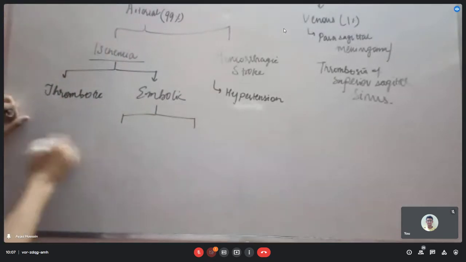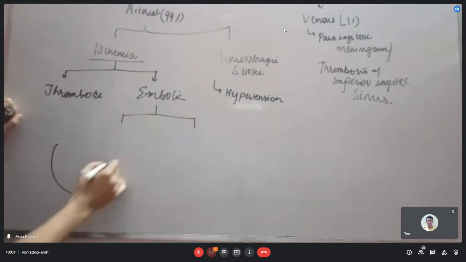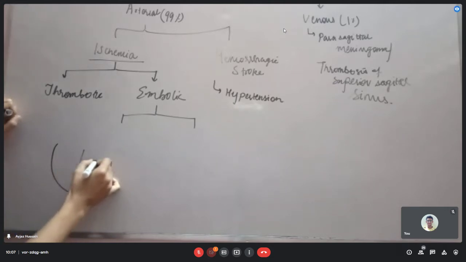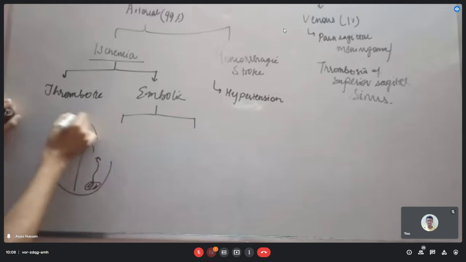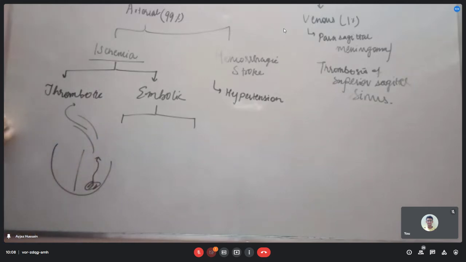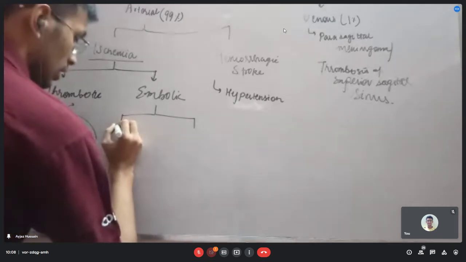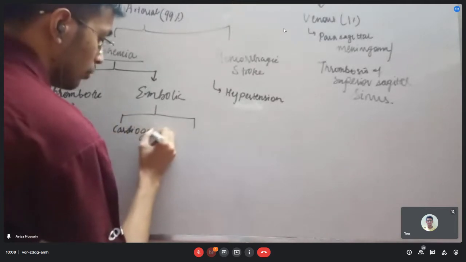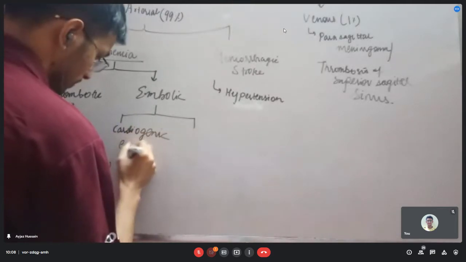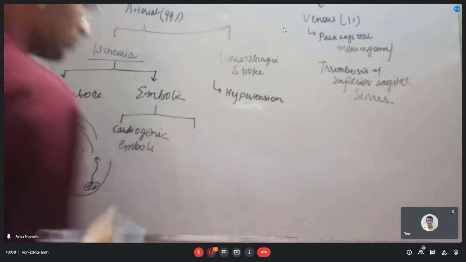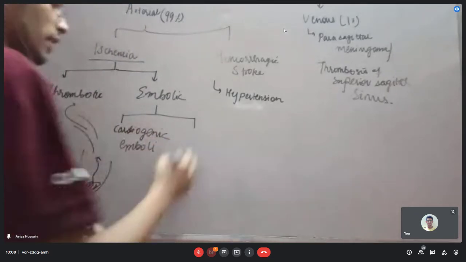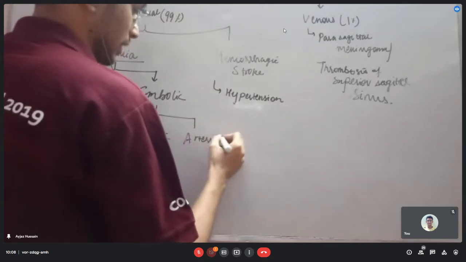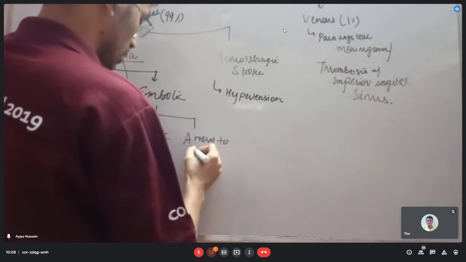तो it can be, ऐसा हो सकता है कि जो एम्बोलस है that is formed in the heart itself, this एम्बोलस is formed in the heart, it gets dislodged and via the aorta it has reached the brain. So that will be cardiogenic emboli. The other possibility for emboli would be artery to artery emboli. Okay, इसका मतलब क्या समझिए, आर्टरी टू आर्टरी एम्बोलाई।